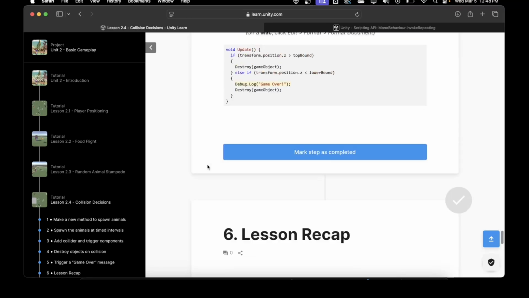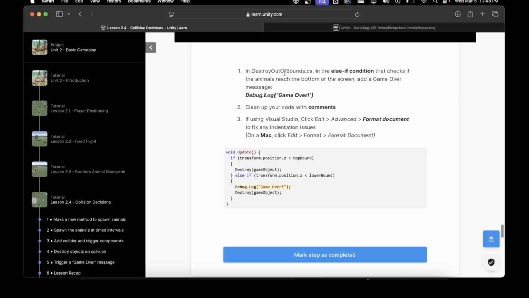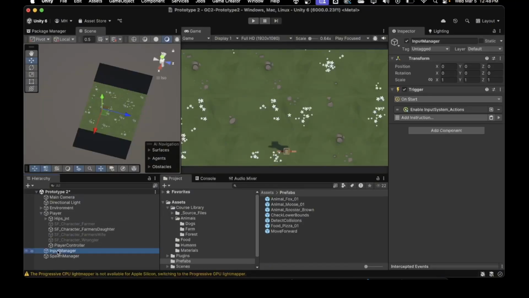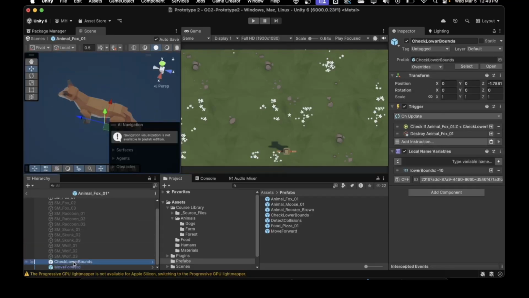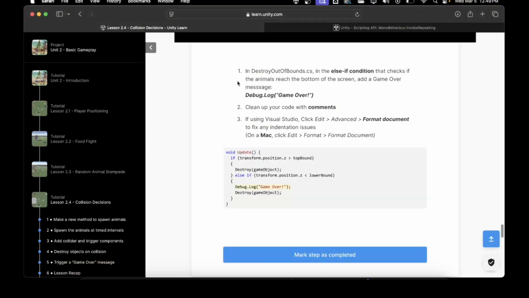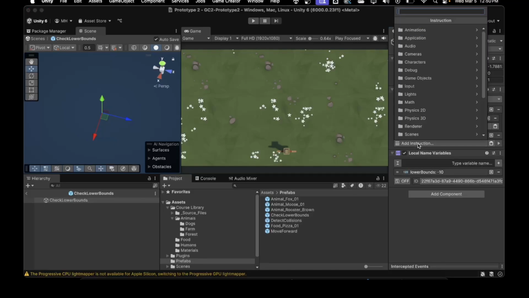So the final step is to trigger a game over message. So in destroy out of bounds, you want to add a game over message. So that would be in the, not there. Yeah, check lower bounds. So in our check lower bounds on update, if they reach the bottom of the screen, add a game over message. If it gets less than the lower bound, then you want to game over. And we're already checking if it's less than the lower bound, so all we have to do is add this log text